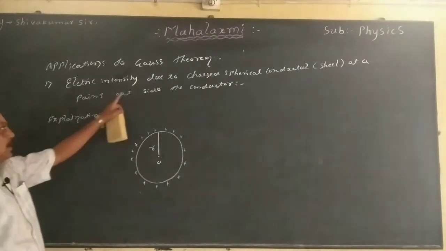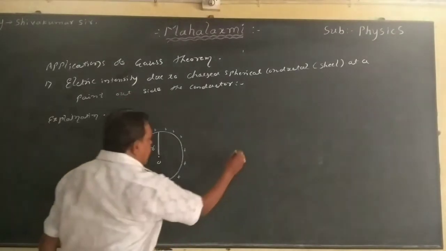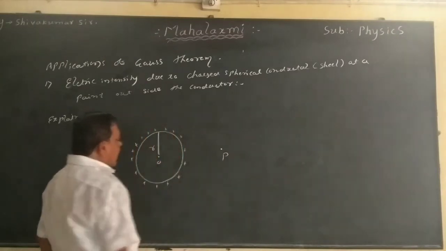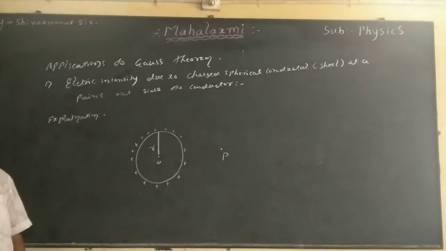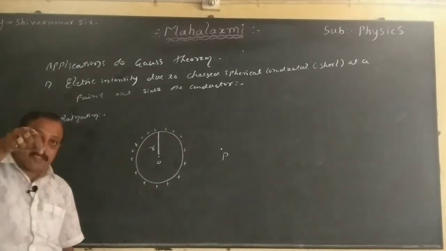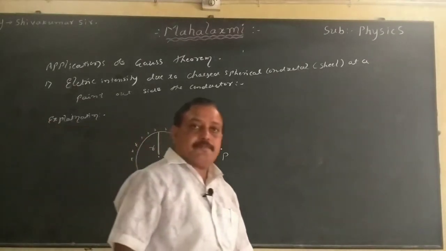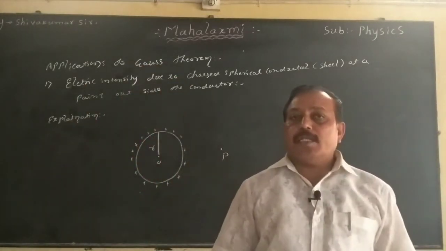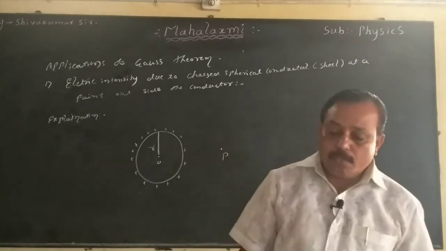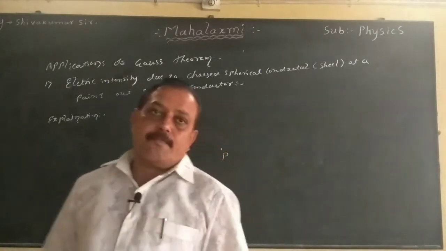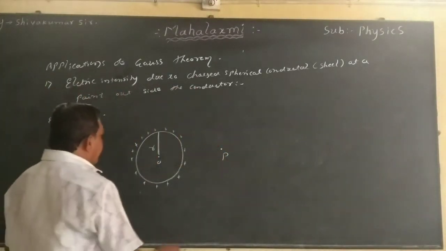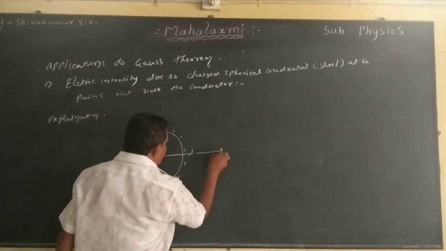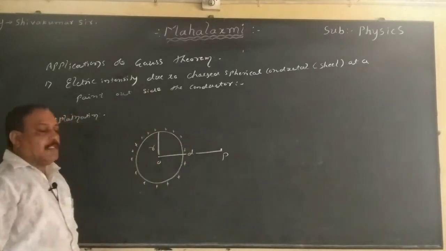Our aim is to calculate the electric field at a point outside. Now this is the point. You choose the point such that it is outside the spherical conductor. When you draw the Gaussian surface, it should fit in your answer sheet page. You don't take the point P at a very large distance, otherwise how are you going to construct that Gaussian surface? That is the important factor. So I take the point P, which is at a distance d from the center, at which I want to calculate the electric field.